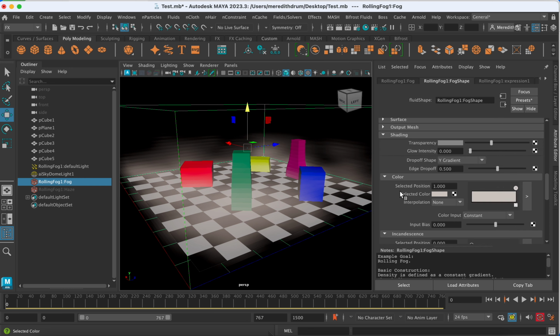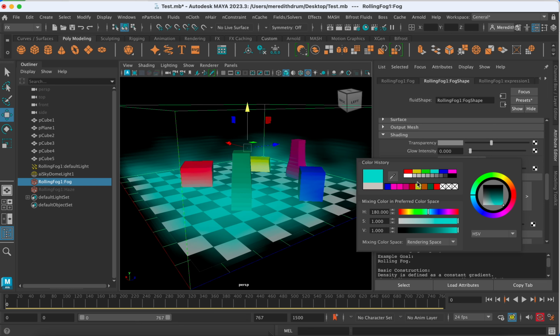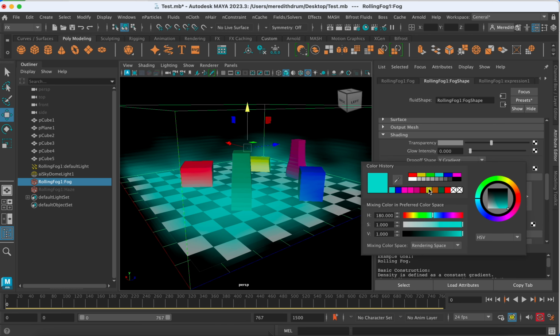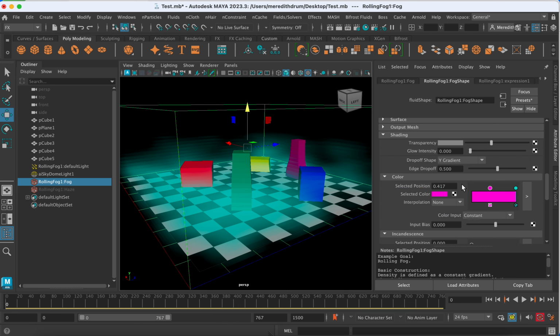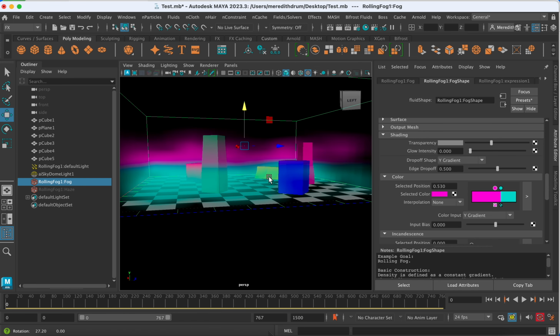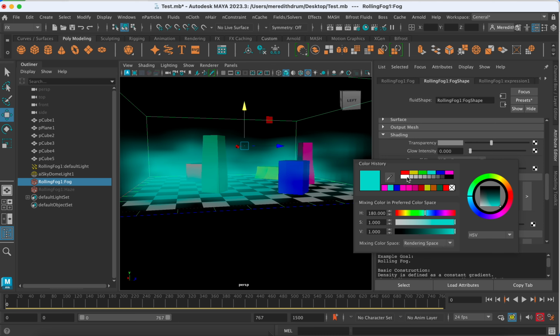Let's take a look at the shading, because here you can see if I change my color, it's pretty apparent. And you can add in a ramp here if you wish. So to change the color, you make sure you've selected that circle there, and then you could change it to maybe a pink. And you may not see it yet, but if you kind of move around with that, you can also change this to like that. And so you can see now that it's stacked. So you can do that as you wish. You can also get rid of those like that, and maybe I'll just bring this back to a white for now.